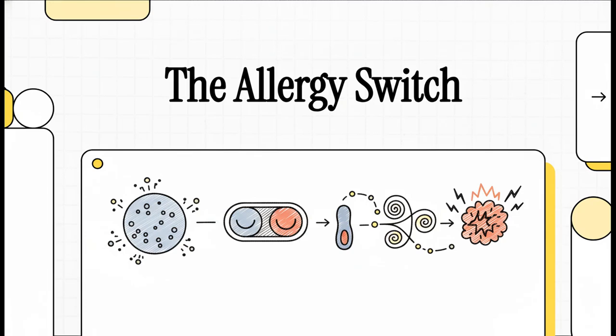So if you're someone who deals with allergies, you've probably heard the whole story about histamine and inflammation, right? But what if the real story, the one that kicks everything off, starts way, way earlier? We're talking about a tiny cellular switch that has to decide whether to sound the alarm or just stay calm. Okay, let's dive into this.